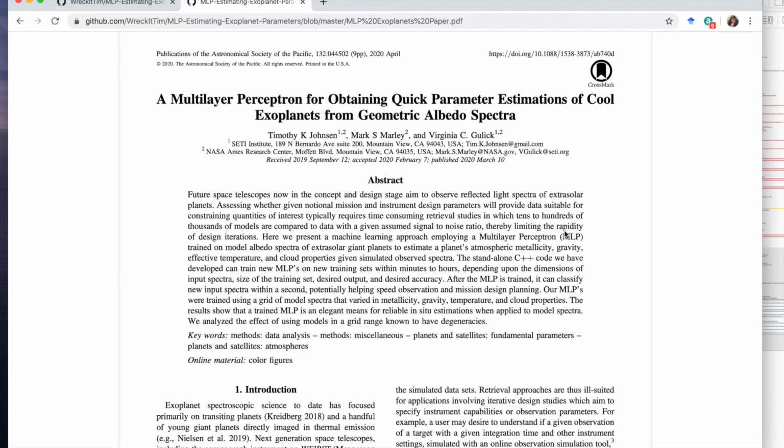Is to look at a recent publication on a multi-layer perceptron for obtaining quick parameter estimations of cool exoplanets from geometric albedo spectra. That was a lot. Pretty much it's looking at the albedo spectra of an exoplanet, and it's using a neural net to estimate the parameters of the planet. So the parameters it's looking at are its metallicity, its gravity, its temperature, and various cloud